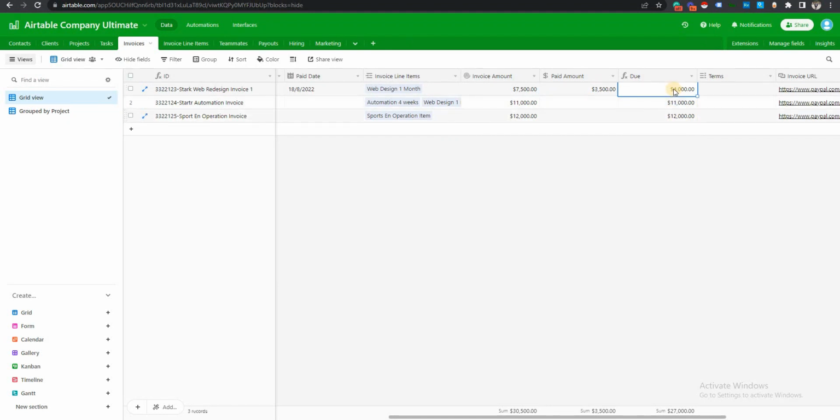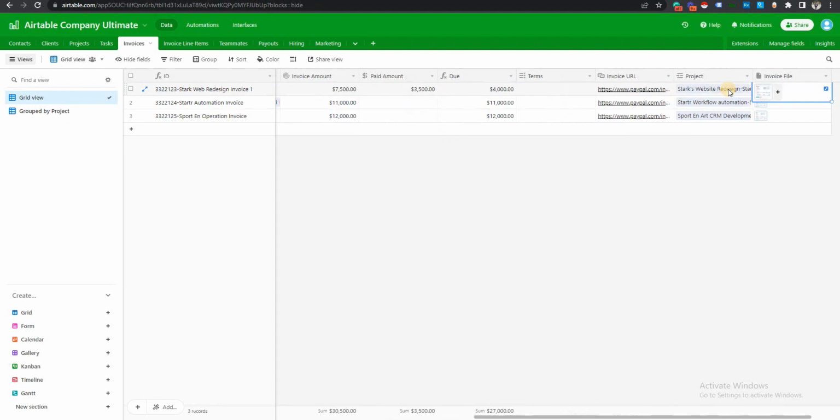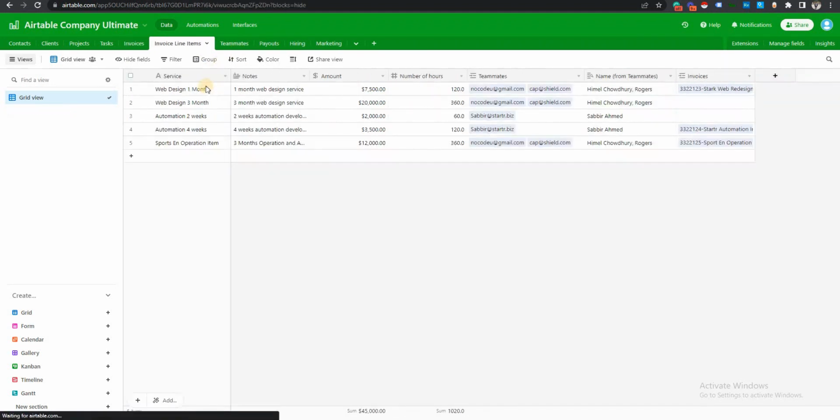And you can also easily see the due items or due amount, and you can see your invoice in here as well. And then you've got the items, which are the services that you provide with the amount for a certain month. Maybe you can see this 1 month is $7,500, and then 3 months is $20,000. And it also lists out the number of hours. So if you want to track the hours,